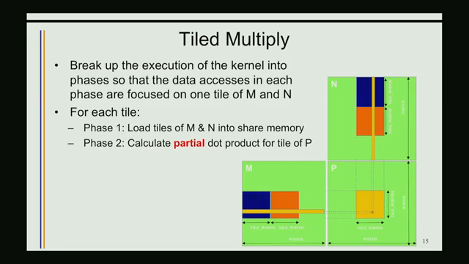Okay, meaning let's grab the blue. That's a part of the input and a part of the input. Let's put those in shared memory. Once those are in shared memory, all the threads calculate this much of their dot product. In order to calculate this much of the dot product, I need that much of those column vectors. Once that's done, we'll calculate the next set of partial products, which needs that much of matrix N, and so on and so forth, until we have gone through and done all tiles